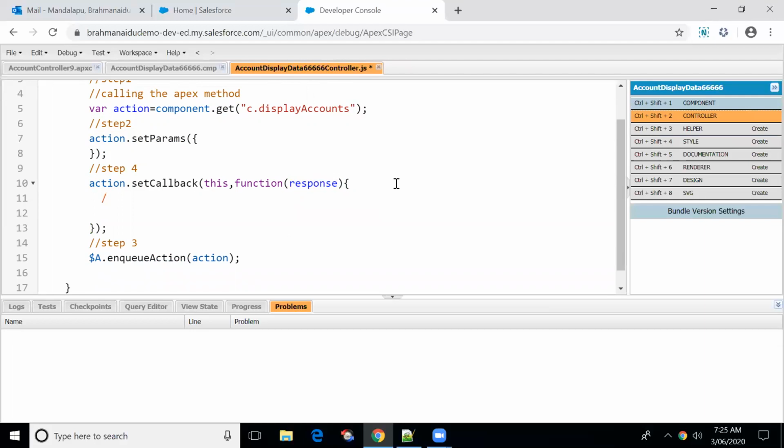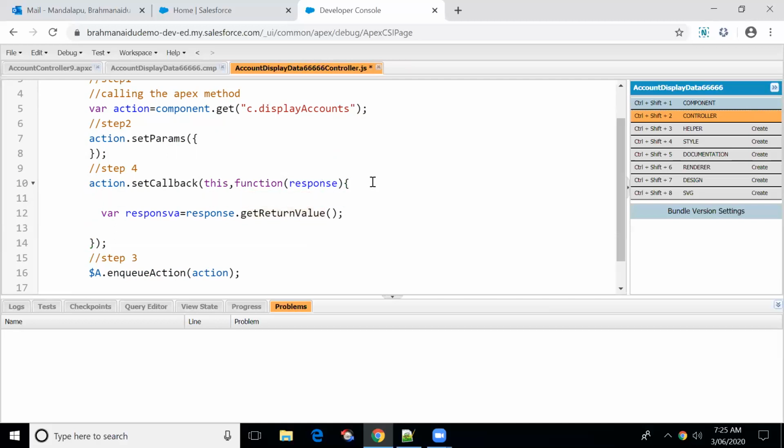Okay, so where the response value is equal to, we have a method. Get return value basically returns the value. If you want to get the account records data from it, then we have to use this method.